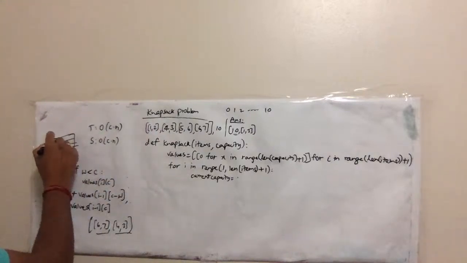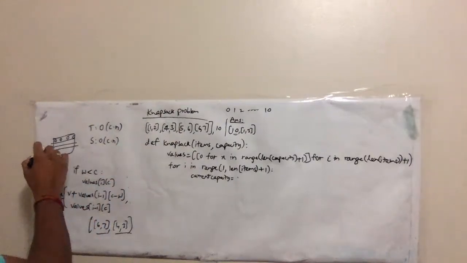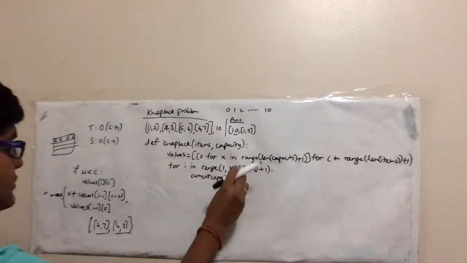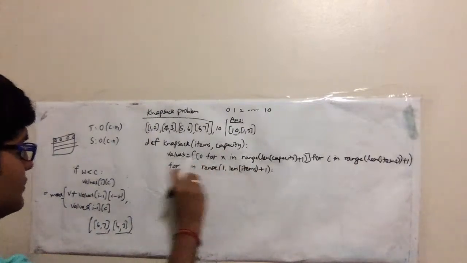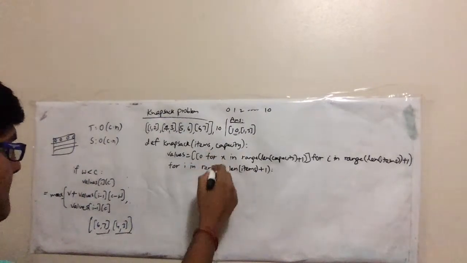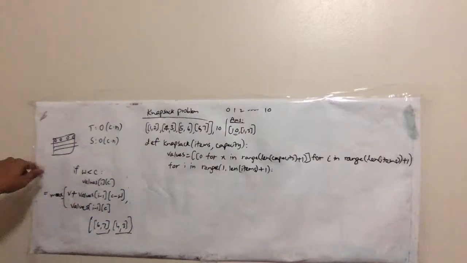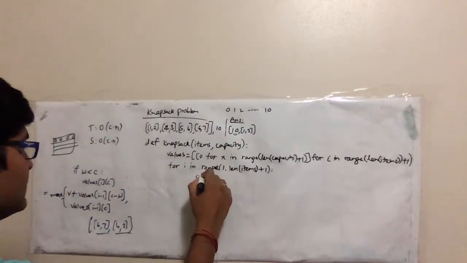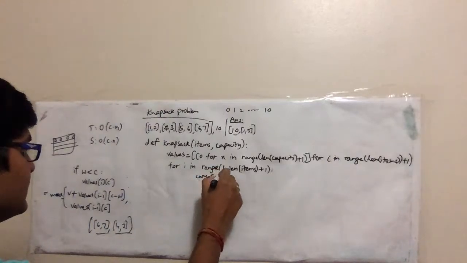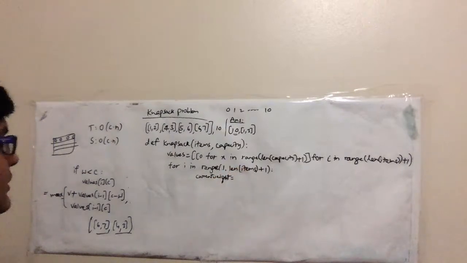We have already kept zeros here. From the first row, we need to see the values and weight. So current weight, so what would be the current weight? Current weight is equal to,